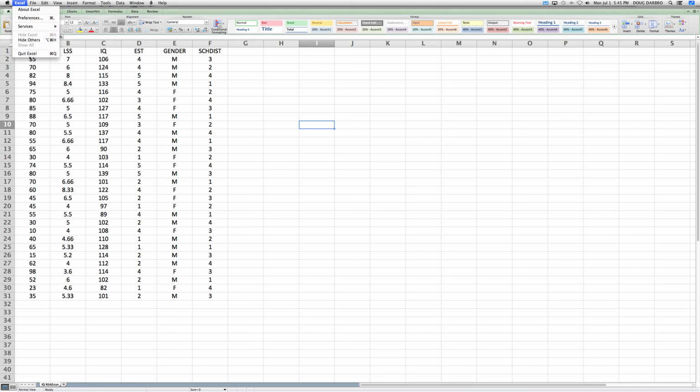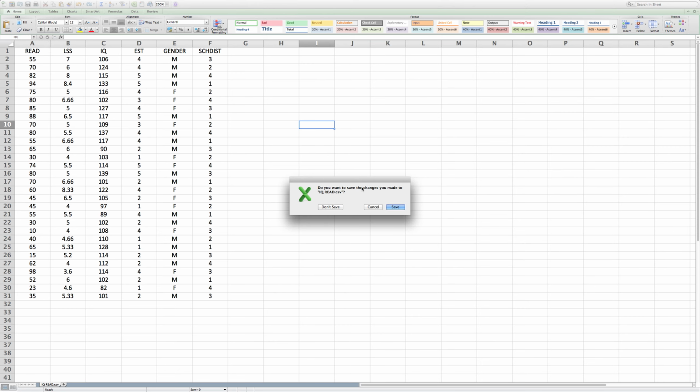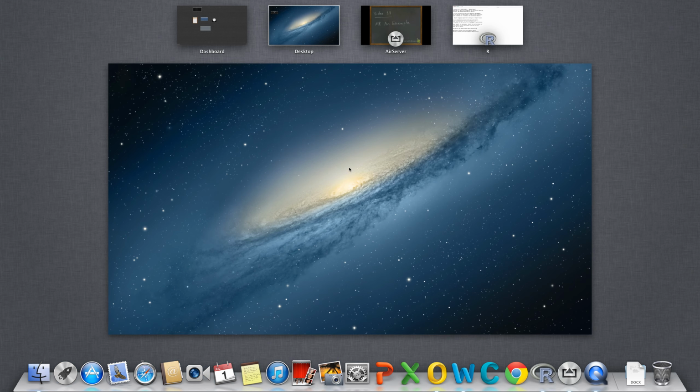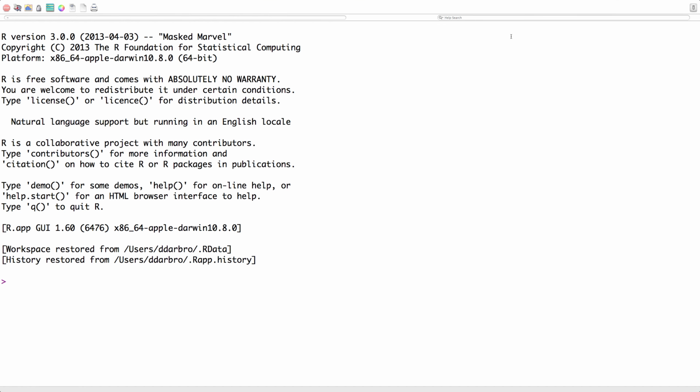Now what I'm going to do is shut this down, and I don't want to save. I've got it exactly the way I want it, and I've already got R up. So the first thing I've got to do here is get the data set open. It always helps me to get my working directory so I know exactly the form that I have. And then I want to set my working directory